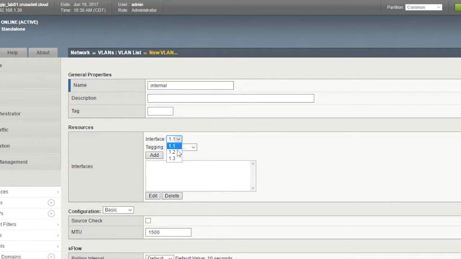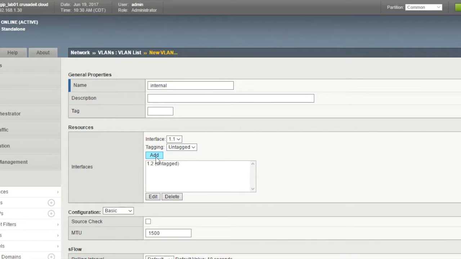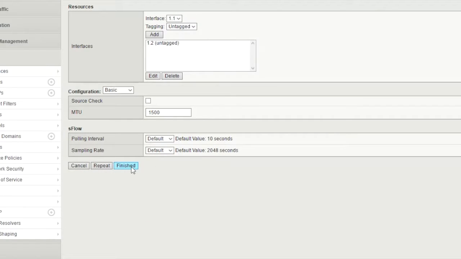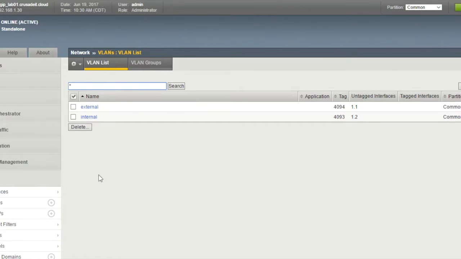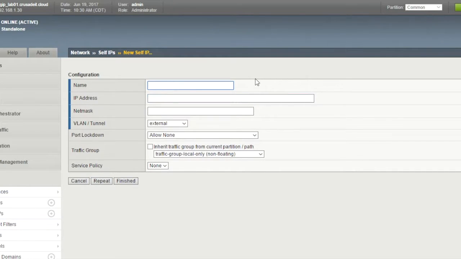I already created the external VLAN because it was needed to make this video on our network. I'm going to go ahead and add the interface in, leaving it untagged unless you need VLAN tagging. Hit finish. That will create your VLAN. Next, we're going to have to do the self IP address for that internal VLAN. Here, I'm just going to click that plus button. You have to give the object a name, and then we're going to give it an IP address. So here, internal self IP, and for our internal server network, 10.0.1, and I'm going to choose .5, which is